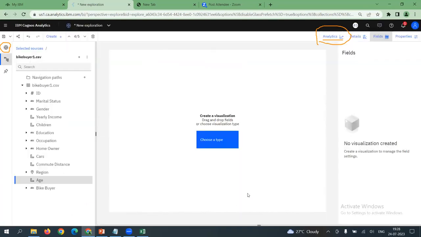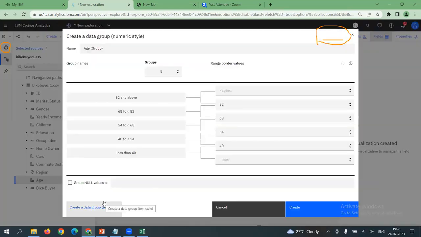Yeah, I am creating the age groups, Aishuji, for information. As age is a continuous variable, it becomes very difficult to project each age versus each response. Do you agree? 7,000 respondents are there. Projecting each age versus each bike buyer response would obviously be a complex visualization. That's why for optimization, we would decompose the age variable into groups. How are we decomposing or optimizing? Right click on the age and choose create data groups. Projecting data groups makes a numerical variable into categorical.